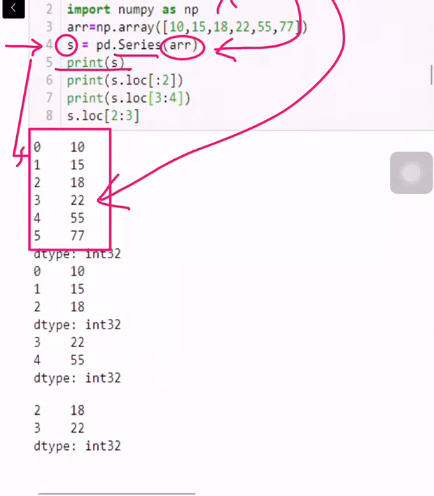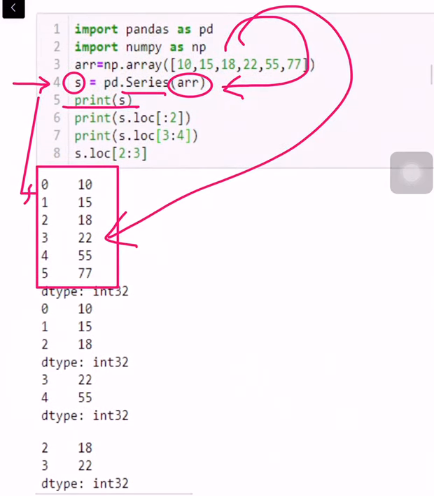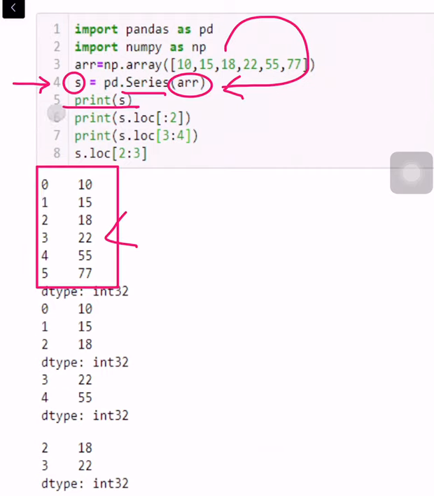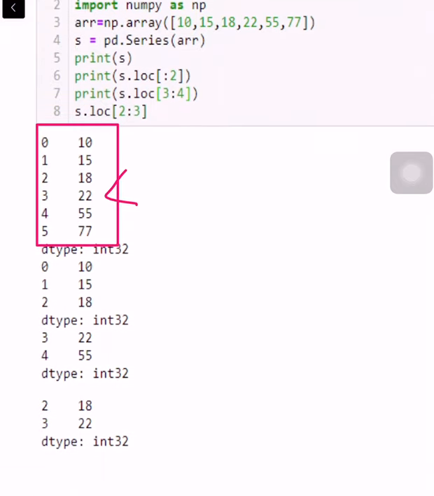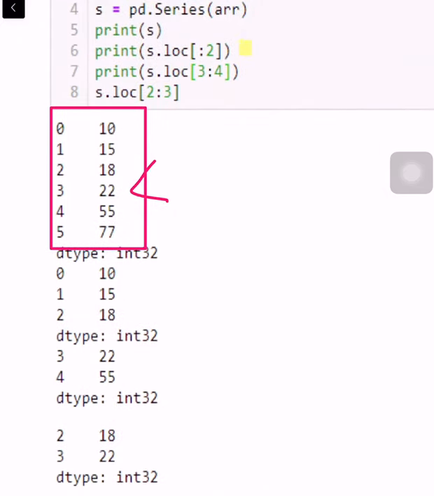Now in this series, if we don't want the whole series and want to access specific parts, we will use the LOC function. First, see this s.loc in line number 6. s.loc 0 to 2.